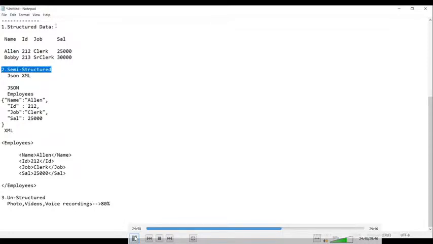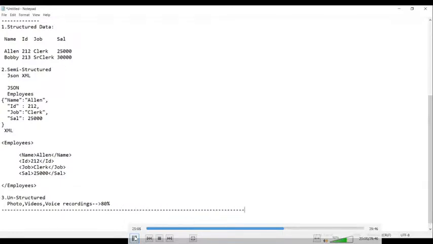Whereas 80% will be unstructured. It does not follow any kind of structure. Getting my point, everyone? So these are the things we have. Now after this,